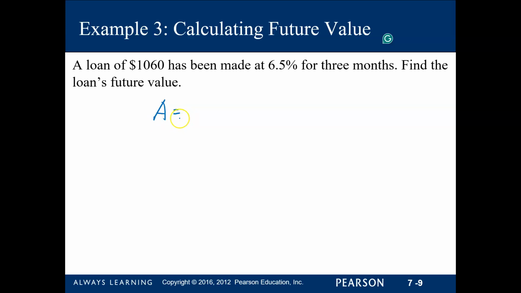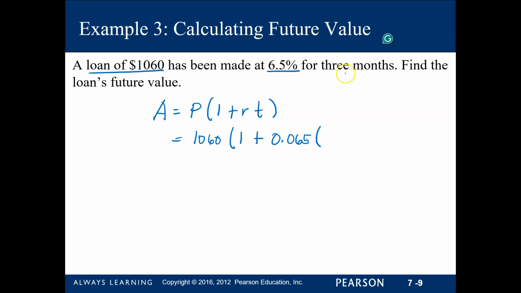So A is equal to P times 1 plus R times T. Our principal is the amount borrowed, so that is the loan of 1060, times 1 plus the rate, which as you can see is 6.5%. So that's going to be 0.065